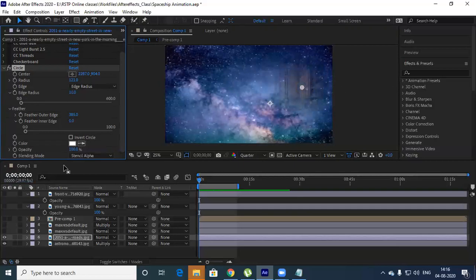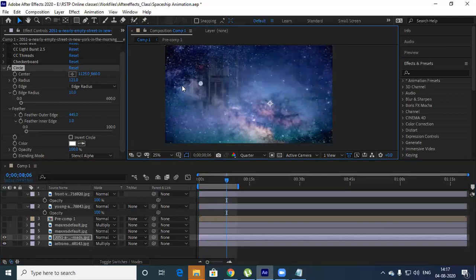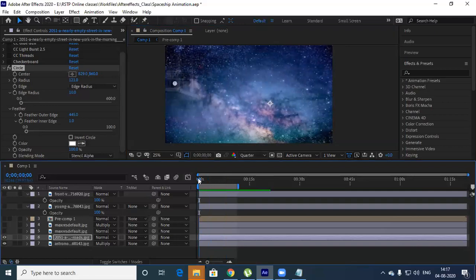I just gave a feather edge. I have increased it. Now let me animate this. Let me come over here up to here. Now see this x-axis movement. Now see the movement.